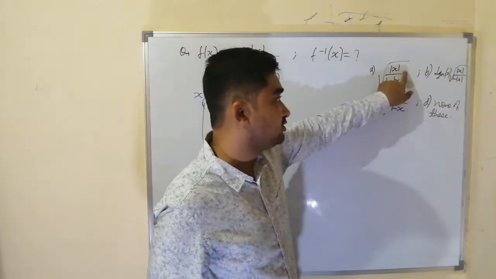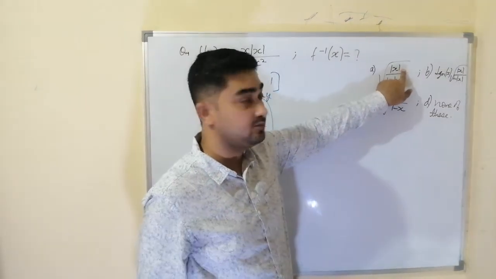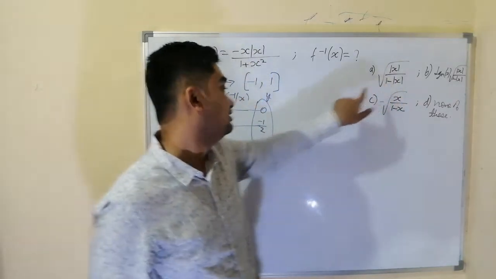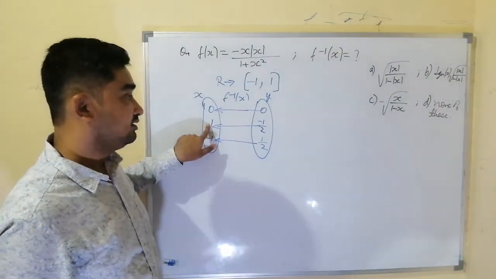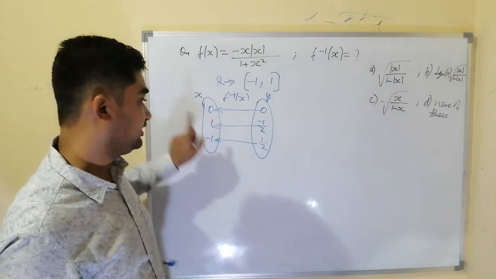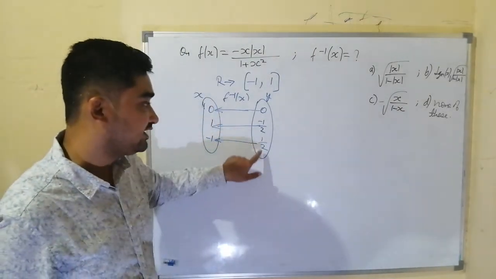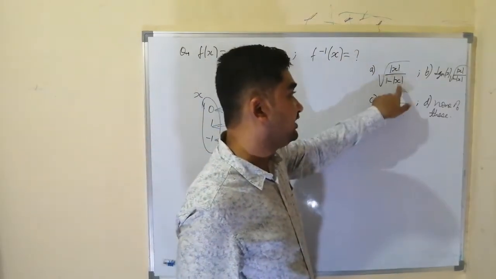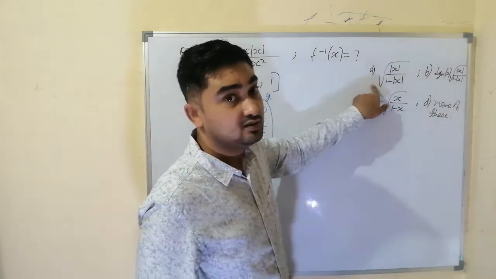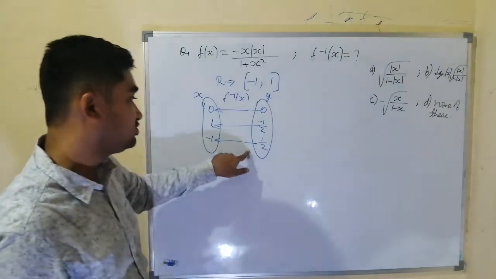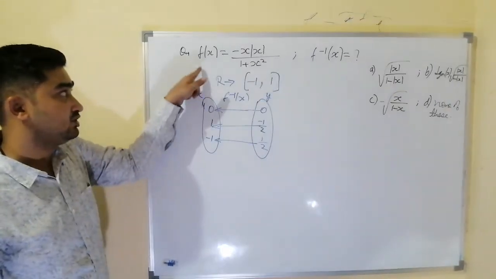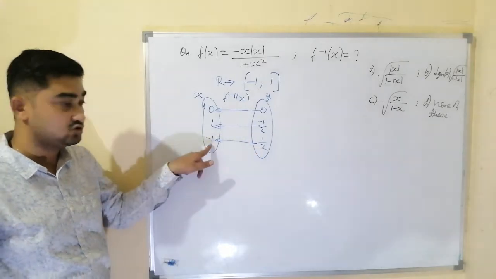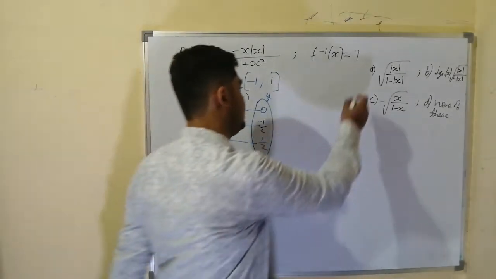When the input is minus 1 by 2, the output should be plus 1. Put the input as minus 1 by 2, so mod will make it plus 1 by 2. So 1 by 2 by 1 by 2, which is plus 1. Okay. Now the third condition is when x is 1 by 2, the output should be minus 1. When x is 1 by 2, here also the output is plus 1. But actually we should get the output minus 1, because as per this function, in the inverse, when the input is 1 by 2, the output should be minus 1. So A is not the answer.